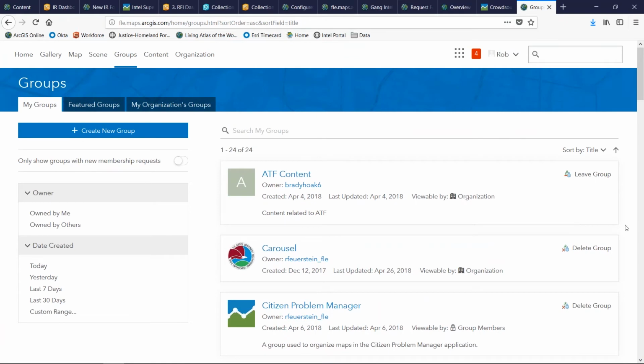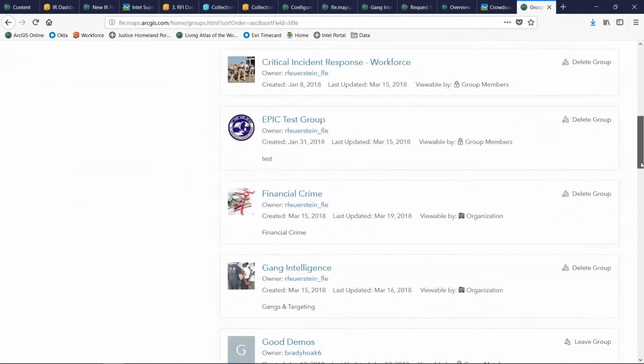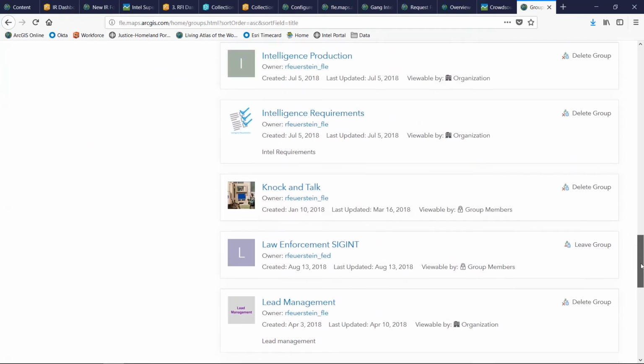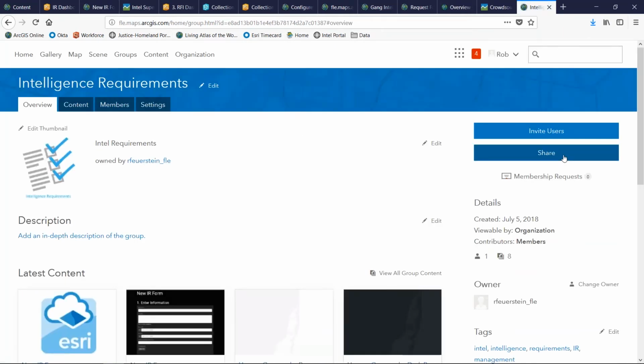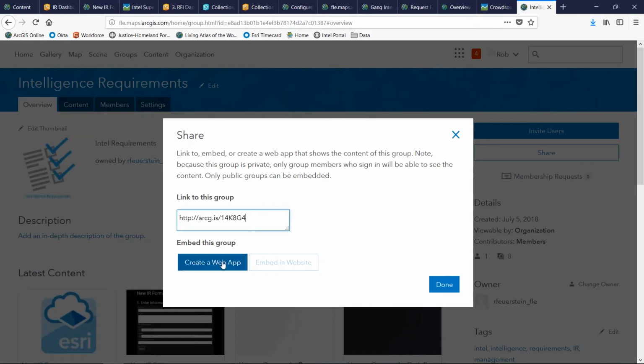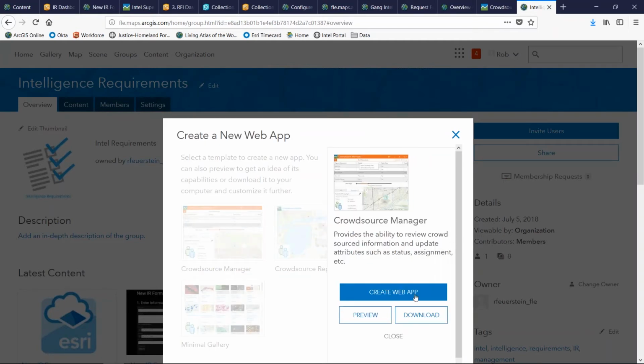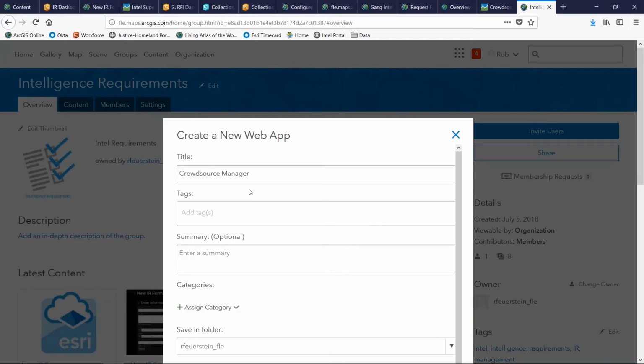So as we did those galleries earlier, let me scroll down real quick. Crowdsource Manager is a group or a gallery application. Let me find, here's a group. So as I go into a group and I go to share and create a web application, Crowdsource Manager is one of my options. So when I go to create this application,